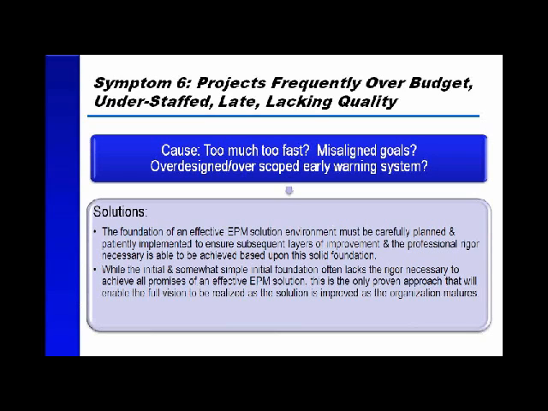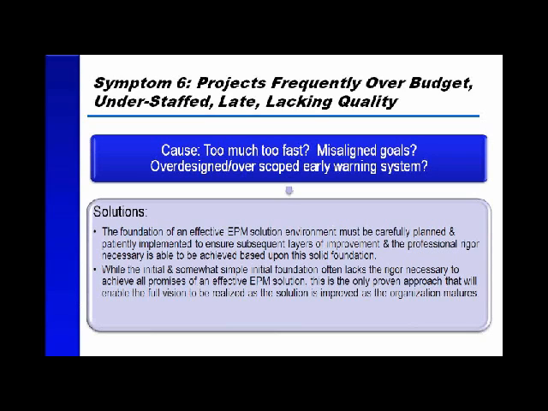If you look at an early warning system, it really goes along the concept of beginning with the end in mind. If we're looking at an enterprise project management solution, one of the first questions we can ask is, what are you trying to get it to tell you? What is it that you're looking for in that executive dashboard, if you will? What kind of information, what kind of metrics, what kind of key performance indicators are we looking at in order to see whether or not projects are being successful? And as we ask those questions, when we look at the answers that we get, we'll get a sense pretty quickly on whether this early warning system, these key performance indicators, are being over-designed or over-scoped,